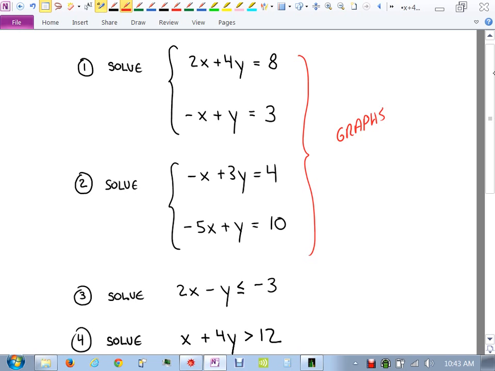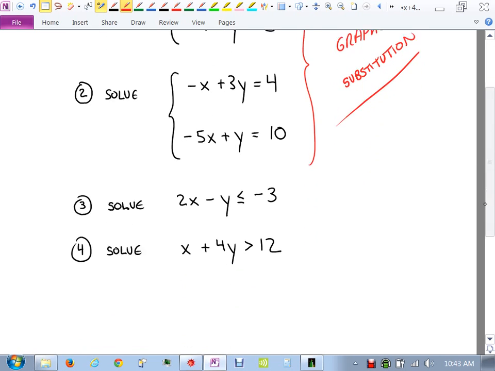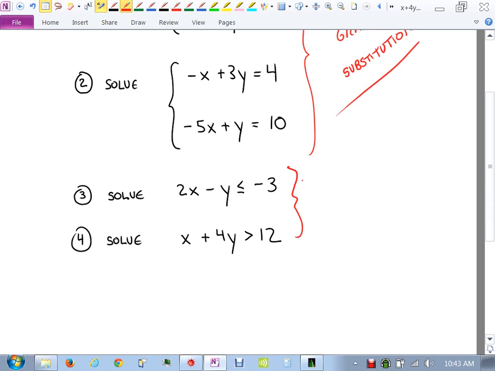So what we're trying to do is find where those two lines, wait, hold on. No graphs. No graphs. This is substitution. Okay, you're using substitution, and what you're doing on number 1 and 2 is you're finding the point that they intersect each other, right? On numbers 3 and 4, these are graphs,